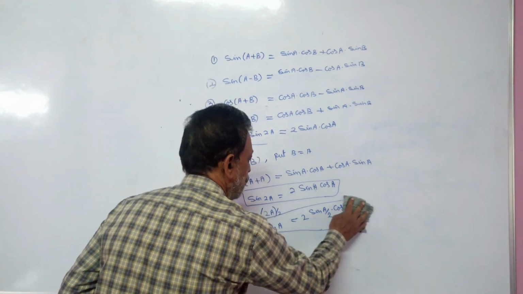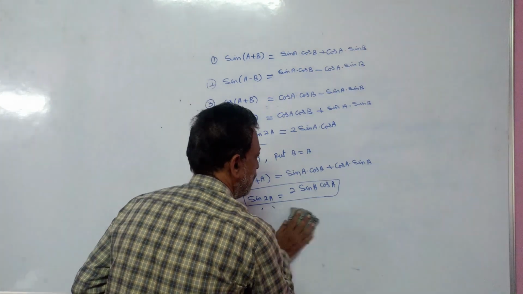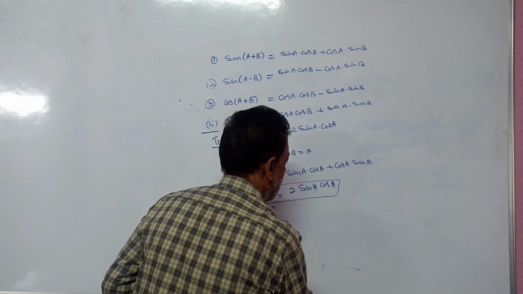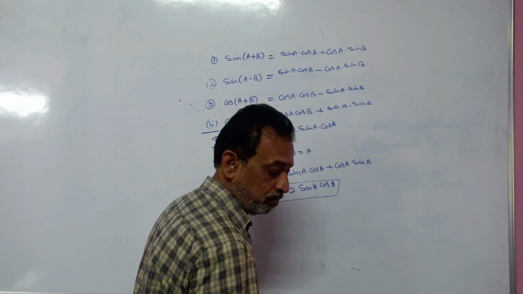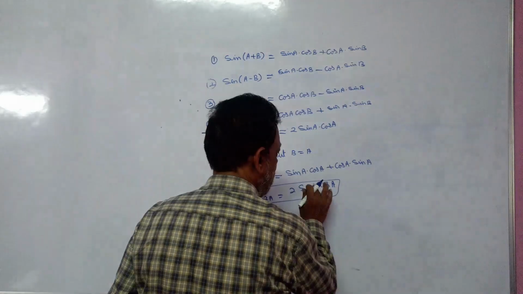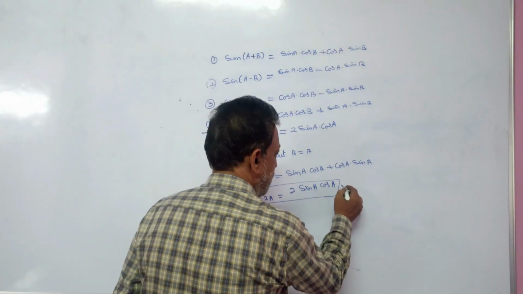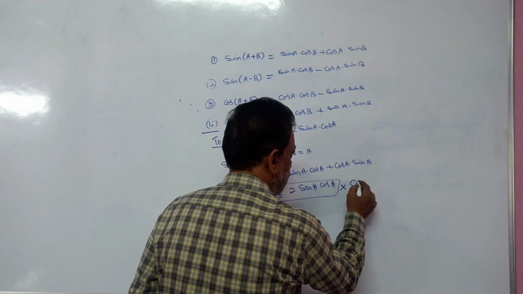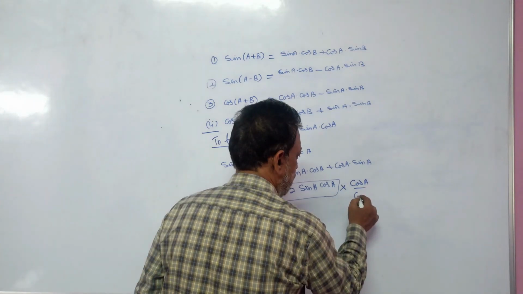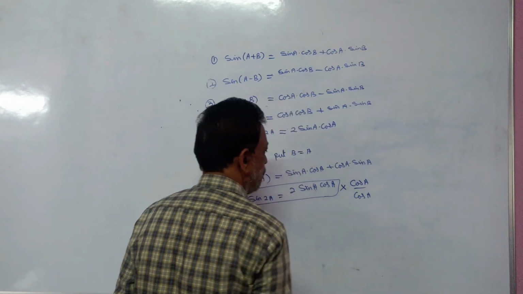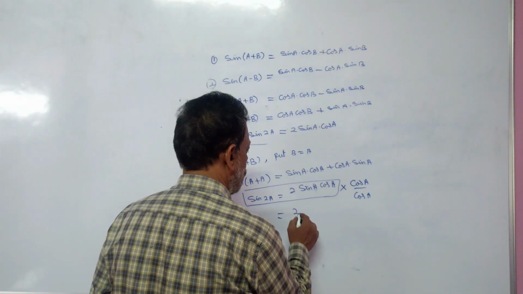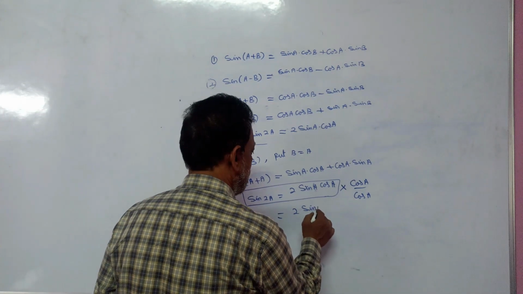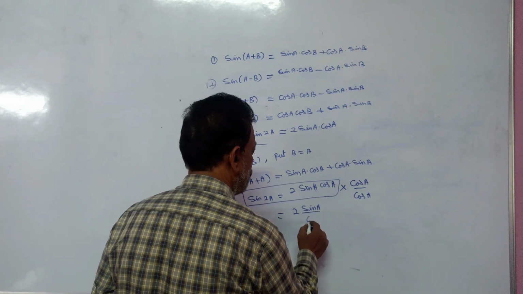What I do is multiply and divide with cos A. Any problem? No problem. Then I can rewrite 2 sin A by cos A